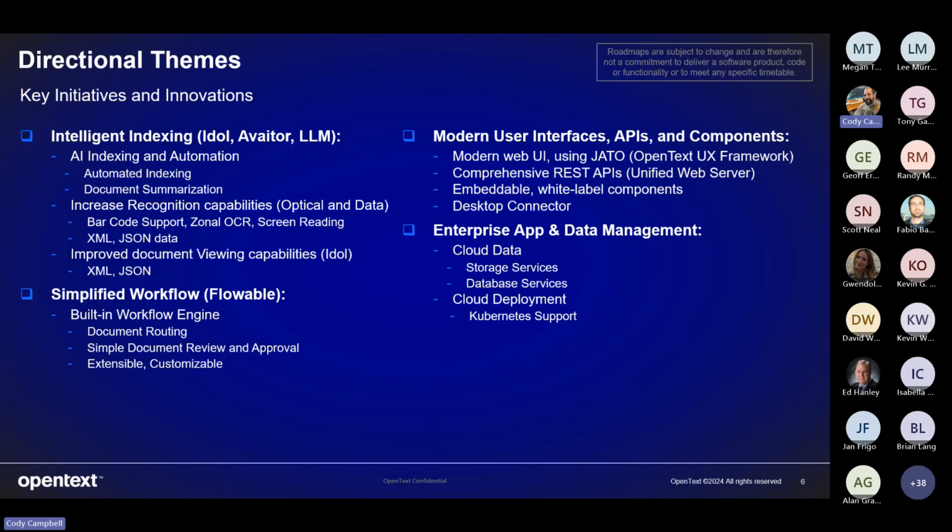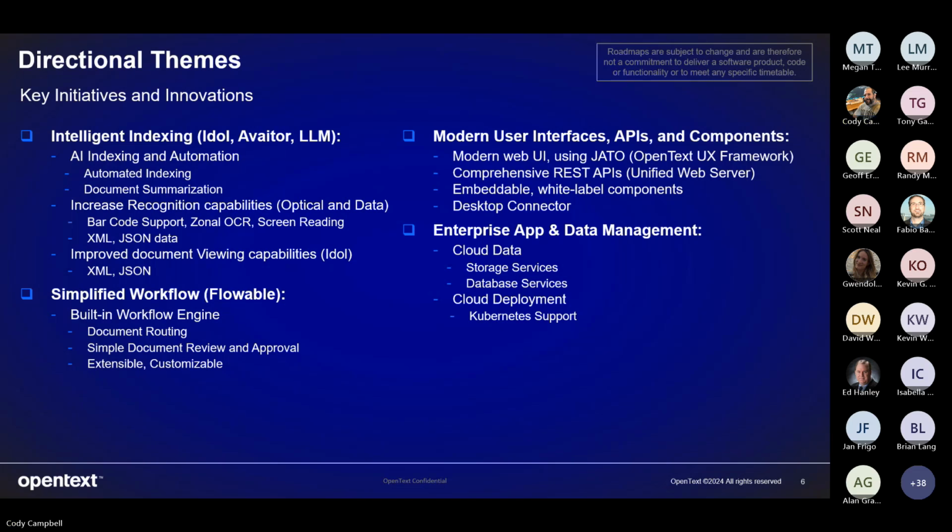But really, it's about putting our technology stack together with the AppEnhancer platform to bring all the viewing capabilities back to a single place where you can see XML and JSON data in a more rich feature set. So you're not looking at textual content, you can put that to work, you can translate it into a more rich document. And so we can use the tools that IDOL provides, we can use Aviator, we can use large language model tooling to bring that content to light rather than just have a static archive. That's probably one of the biggest things that we want to do over the next couple of years, make it more active. We want to simplify some of the workflow.